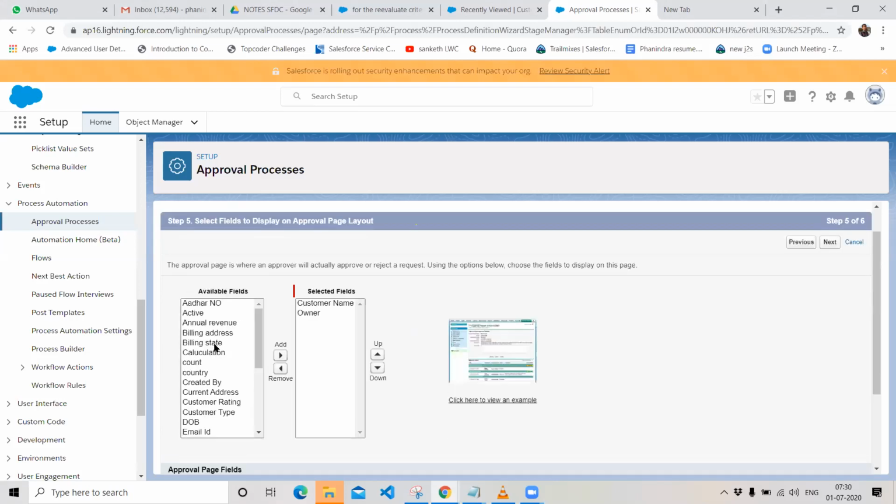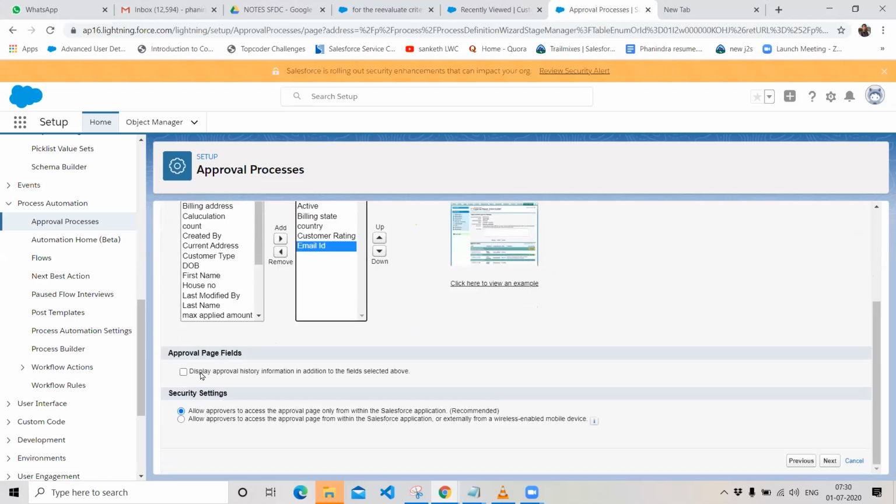And in this scenario, if you do want to specify the fields that you need to send for the approval, you can give the fields whatever you want to send. You can specify them over selected fields over here, so only these fields of data will be submitted for your approval.